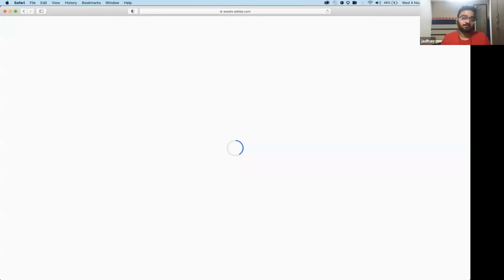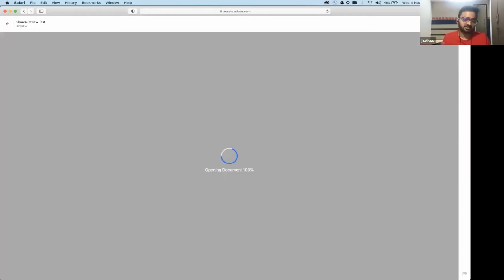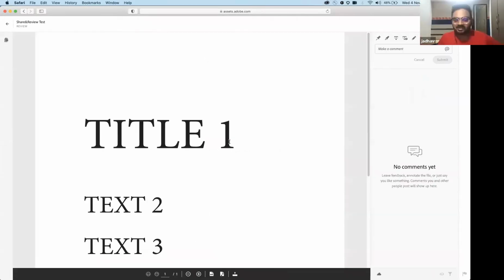Okay, now that particular InDesign artwork will open up in my browser. It's basically a PDF sort of format. So the customer doesn't need InDesign installed because it's opening up in the browser. Now the document is getting opened up, and it's very tough to show cloud features, especially when you're doing a screen share with video and there are so many people around. Okay, so you see that this particular artwork opened up in my browser,